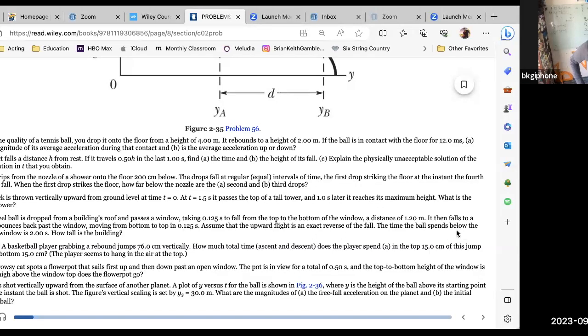The time the ball spends below the bottom of the window is 2.0 seconds. So that's how much it took the ball to go from the window down. How tall is the building? So right from there, I can see that it didn't tell you whether the ball could have fallen, they could have dropped it right at the top of the window. They don't say that. But when they come down here and say how tall is the building, well, I think